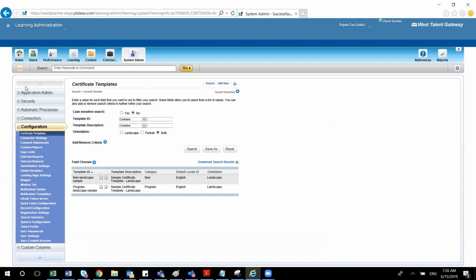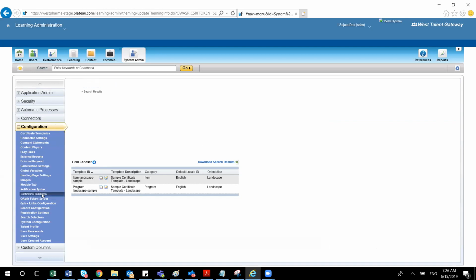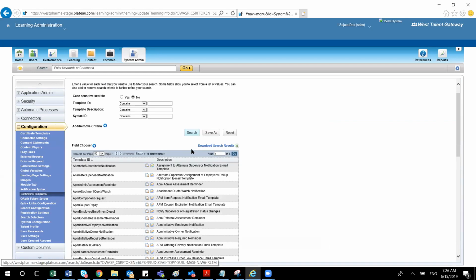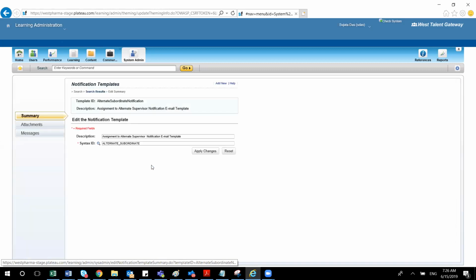Next, I'll be showing you something related to notifications. For all the SuccessFactors notifications, our templates are stored here. You don't have much opportunity to change them. Whatever standard SuccessFactors LMS notification they have given, you can make only a little change, say only 2 to 3%. You can't create your own template and attach it to whatever templates you need. That option we don't have in SuccessFactors.